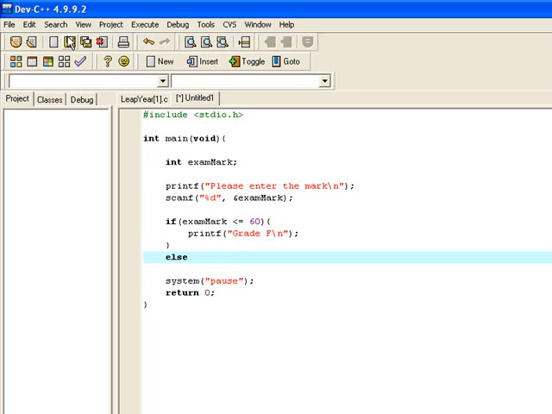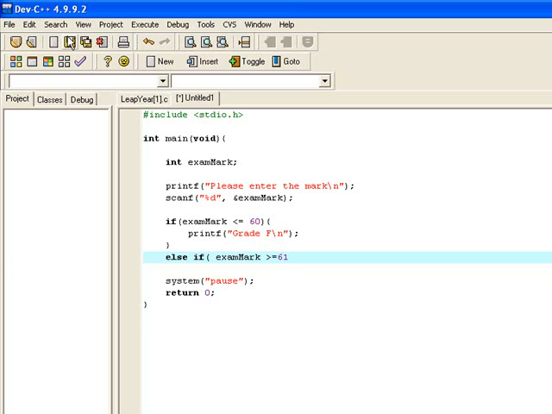Now we use an else, but because there are several other possibilities, we're going to use an else if, and we're going to ask another question. So I'm going to say if exam mark is greater than or equal to 61,